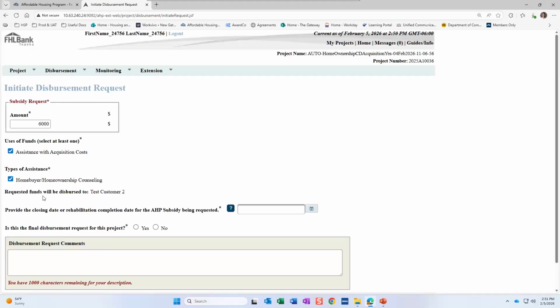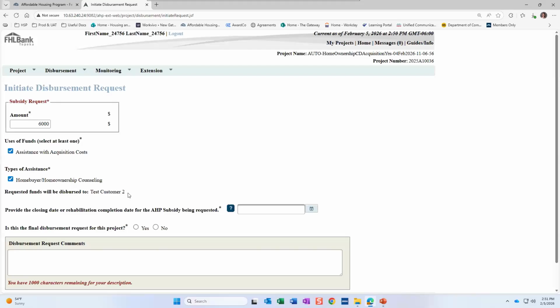Then it's going to say requested funds will be dispersed to, and mine says test customer. This is where your member bank name will be listed. So you'll see Capital Federal or FNBO or whoever it may be. The member bank name will show up there. What that's indicating is that when we at the Federal Home Loan Bank approve a disbursement request, we will transfer the funds to your member bank.